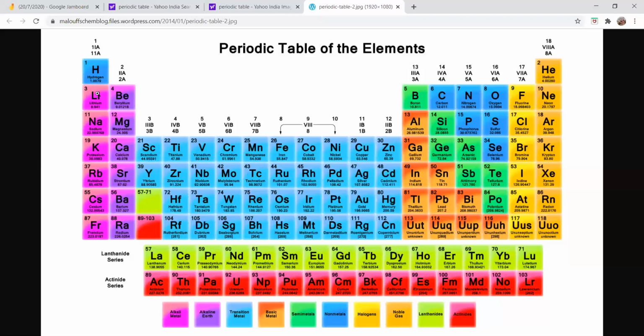Without including hydrogen, this will be the first row, second row, and third row, right? So you are going to write for the first 4 rows, for each element in each column. You all understand? So write down for the first column, second column. Hydrogen, lithium, sodium, potassium you will write first. Then beryllium, magnesium, calcium you will write. You understand?